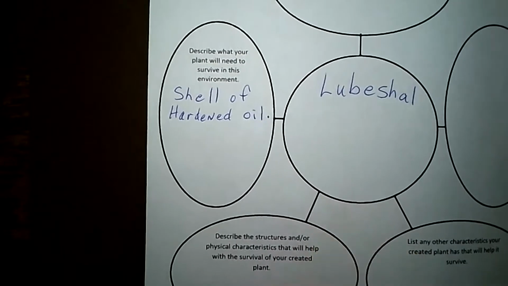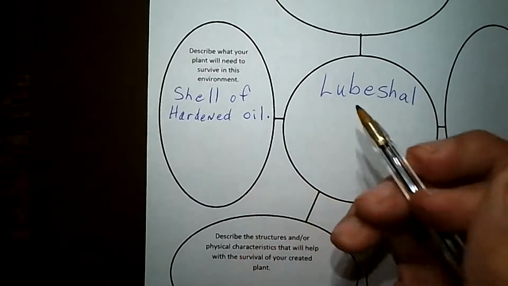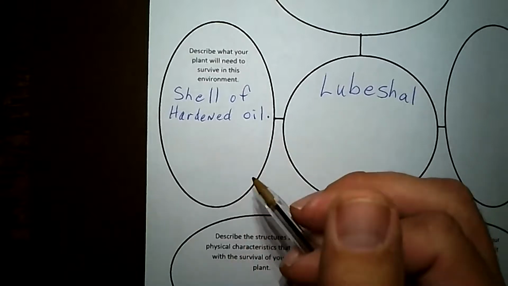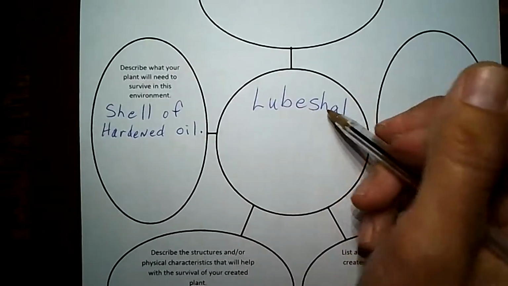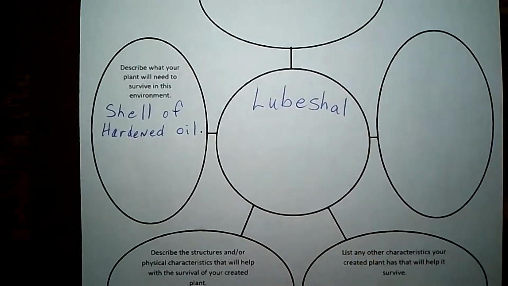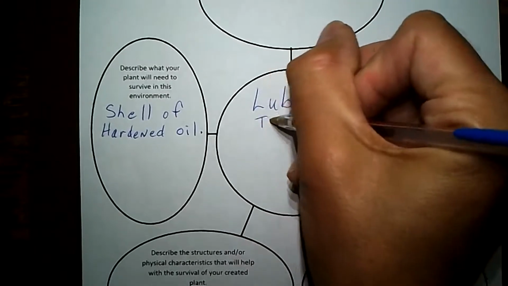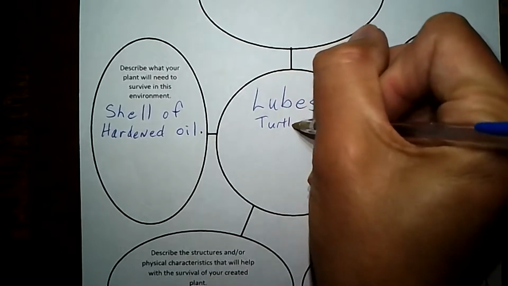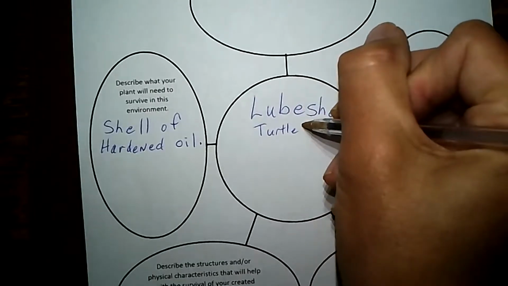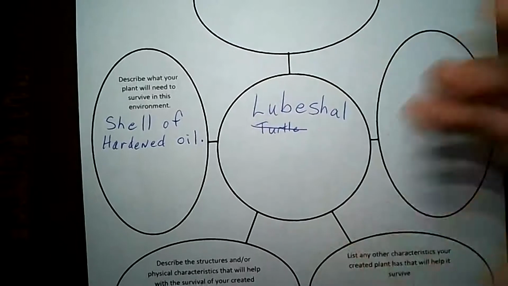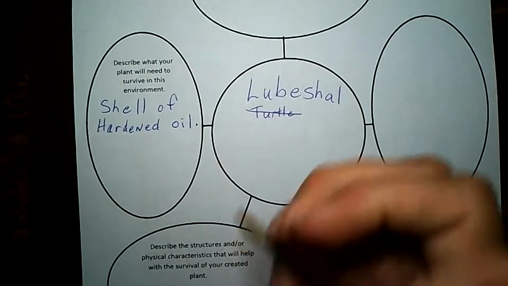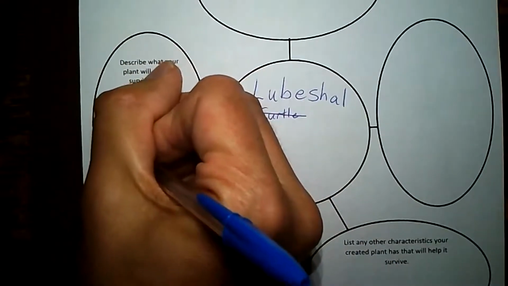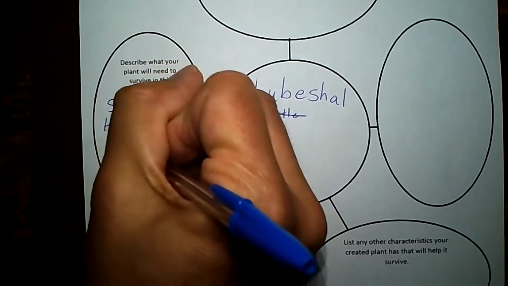I was thinking of some kind of oil like that, that when it gets cold, the plant, as protection, the oil on it gets hard and works kind of like a turtle. So maybe I'll call it the Lubeshul, or the turtle lube. I don't know if I'm going to include turtle with it or not. But a hardened shell of oil, okay, that thaws